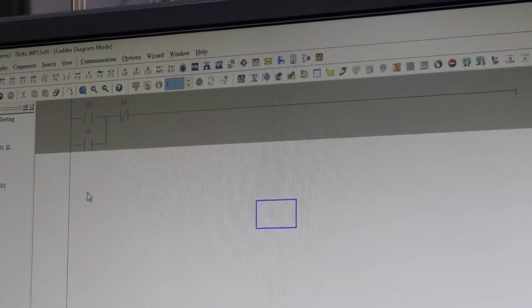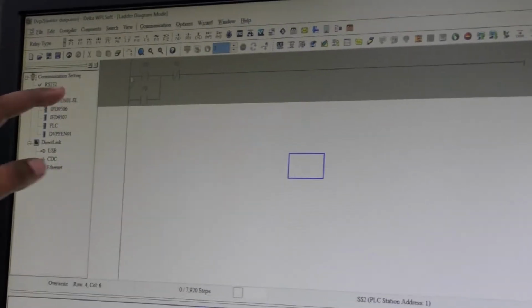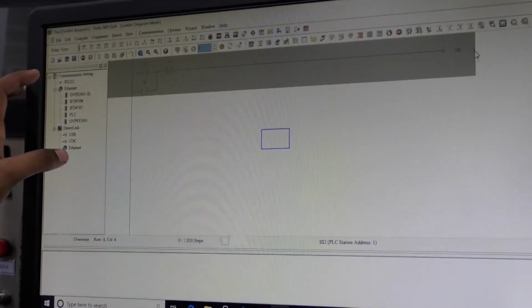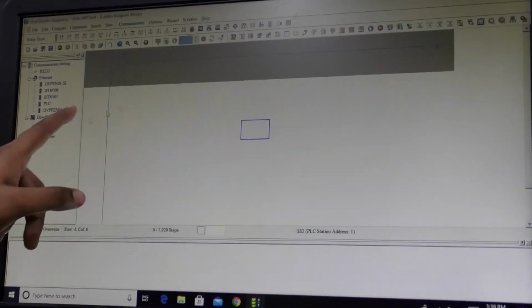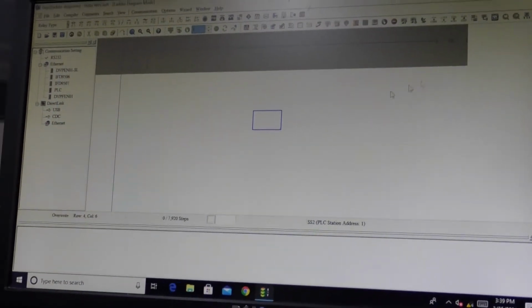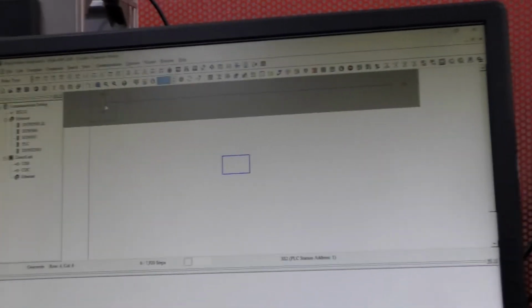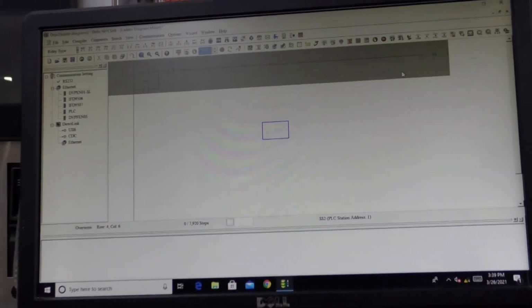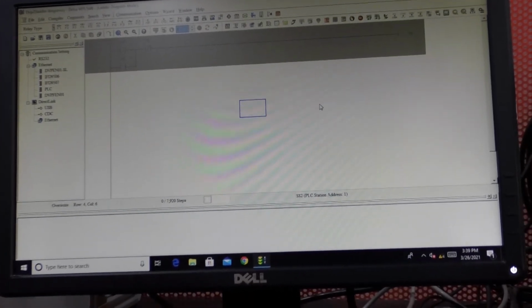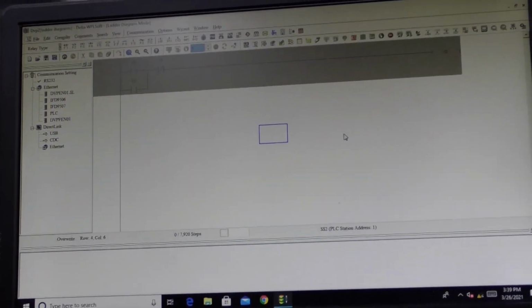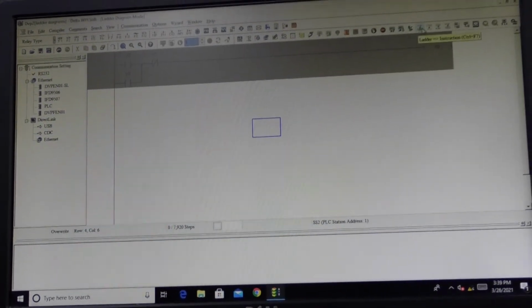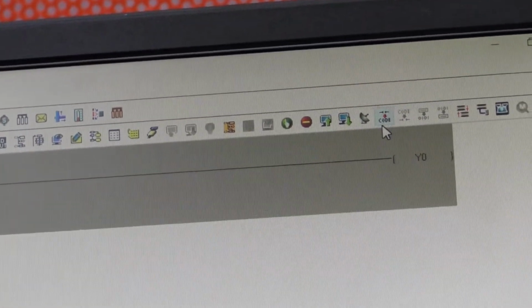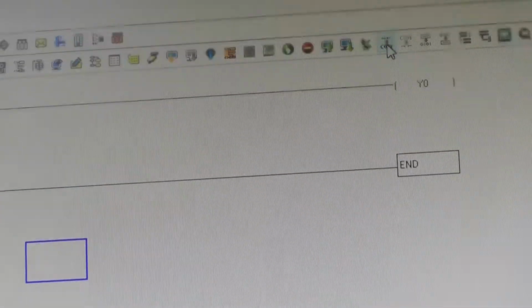So now this is a simple connection. What I told, this is the input power line, and this output, whichever is there, is nothing but the output power line. That is, this is phase and that will be the neutral. And I hope you know the difference between X and Y now. Now we'll just run the program. In order to run the PLC program, there are a few steps. The first step is you have to compile it. So here I hope you can see this code-like thing. Just click on it, so the program is compiled. You'll be getting compiling is complete here.